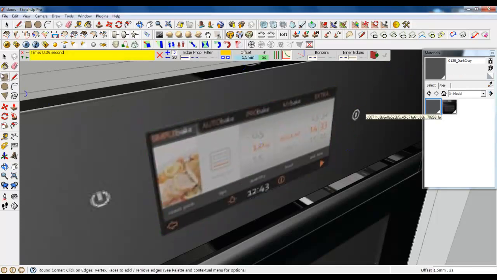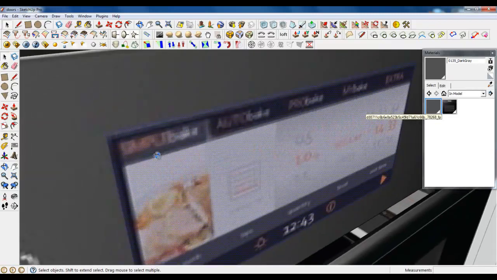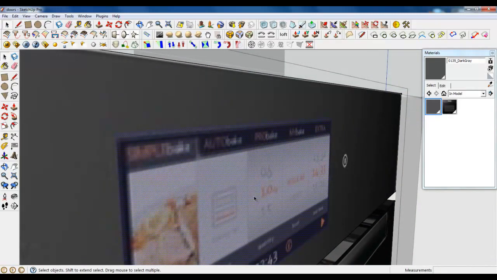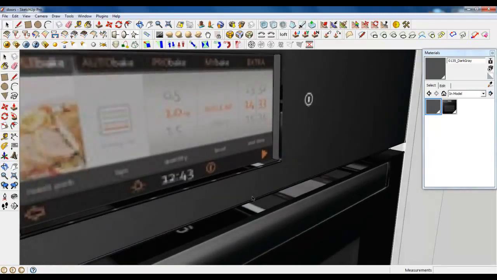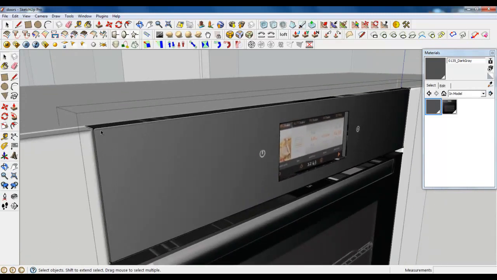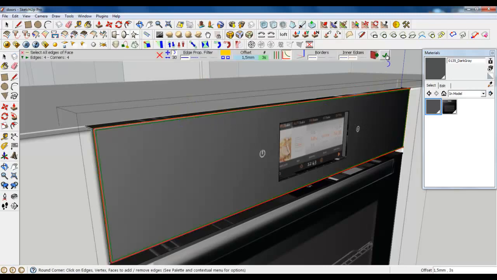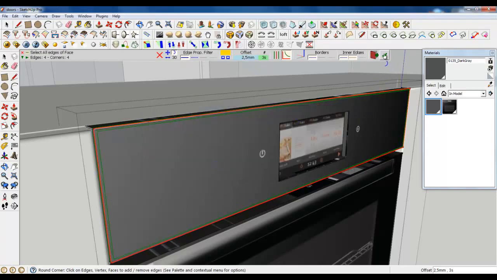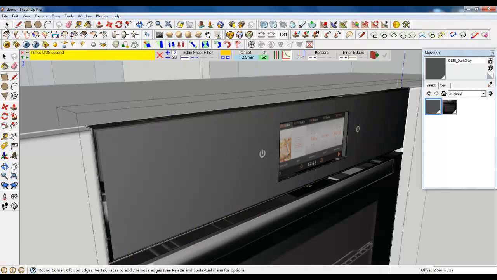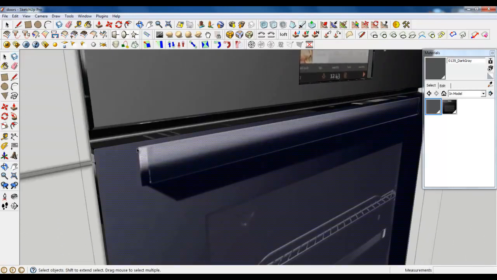Okay, now you see there is a plane. Round corners always does it, so just delete it on the keyboard. Now select these corners, round, and 2.5. Okay, it's good. Now let's create a